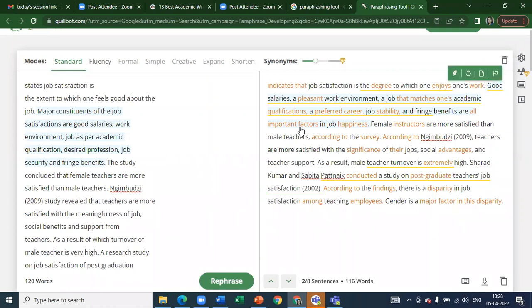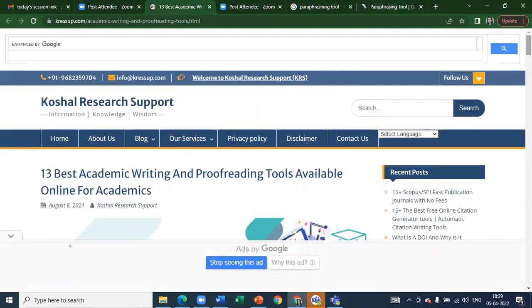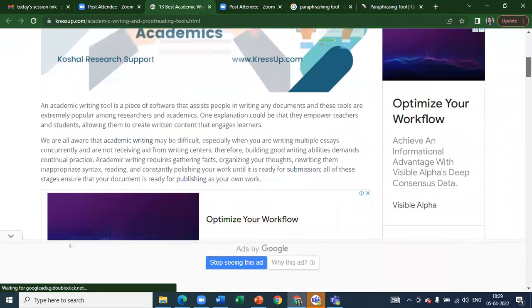plagiarism, I'll show you one more. There is one more academic tool which is known as Trinka. अब वो Trinka कैसे use करते हैं वो भी बताऊंगी. बहुत amazing है. That also helps me to rephrase it. This is related to review of literature, इसलिए मैंने आपको ये tool एक बता दिया, जिसका नाम है Quillbot. So please everybody try this, Quillbot. Out of the 13 best academic tool, one tool that I made you learn right now,